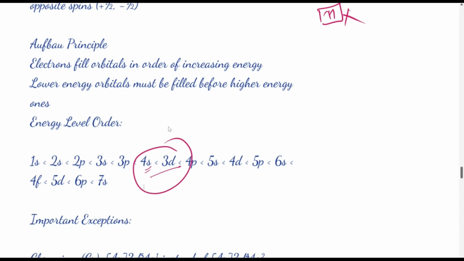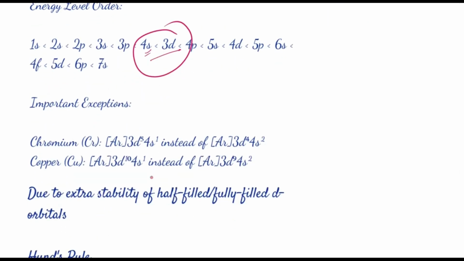Where you can apply this is the exceptional case of chromium and copper. Why are chromium and copper having this exceptional property? Because of the stability of half filled and fully filled orbitals. A fully filled 4s2 orbital structure is there. That's why it makes it much more stable. Rather than taking up 3d10 or 3d5 4s1, it is taking up 3d4 4s2 and 3d9 4s2 for chromium and